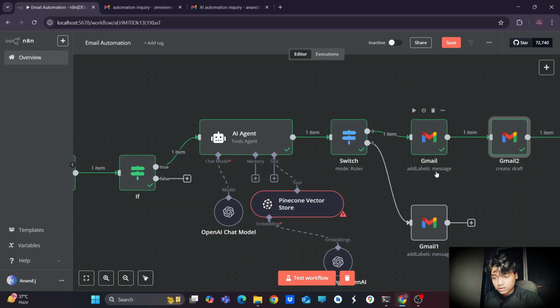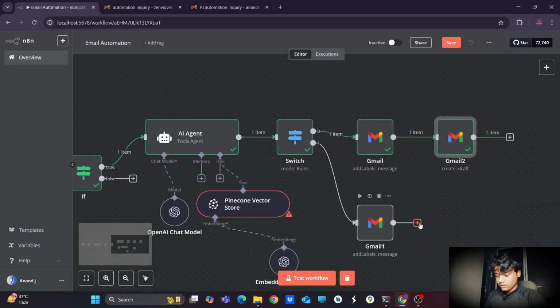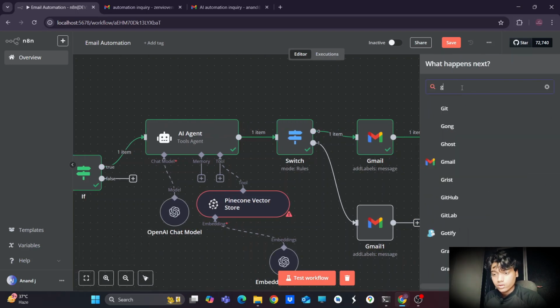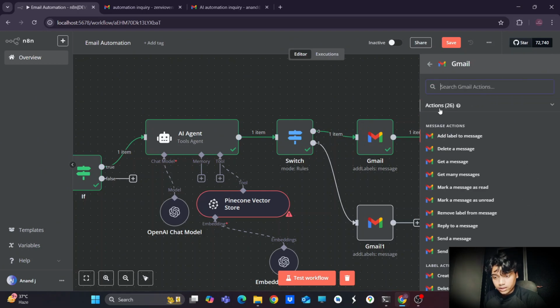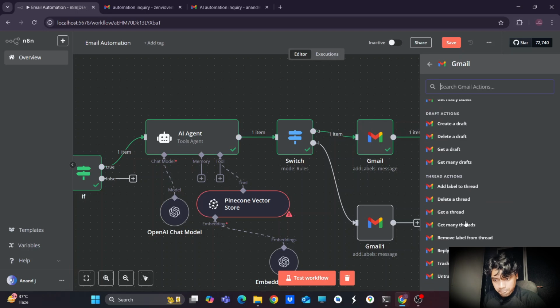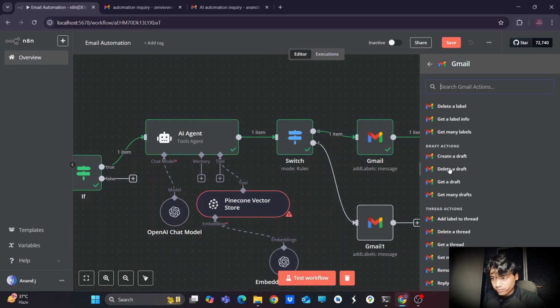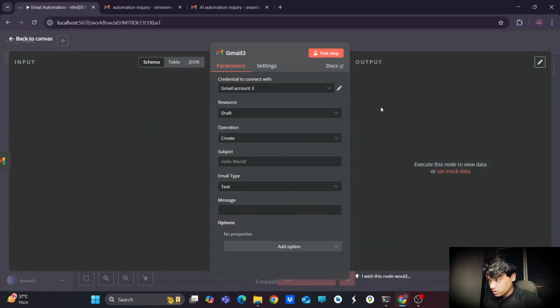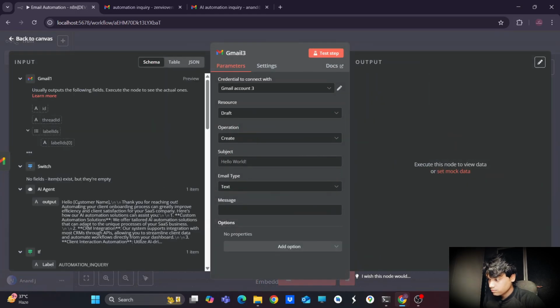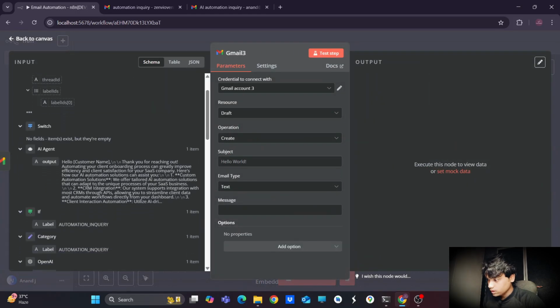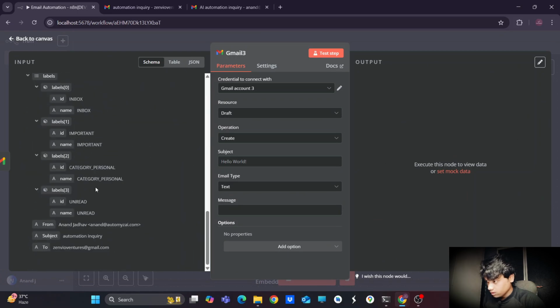After that, do the similar thing here. Add the Gmail node. In the Gmail node, you need to create a draft here. So for that, just create a draft. After creating a draft, you need to use this subject. Let's use our subject.